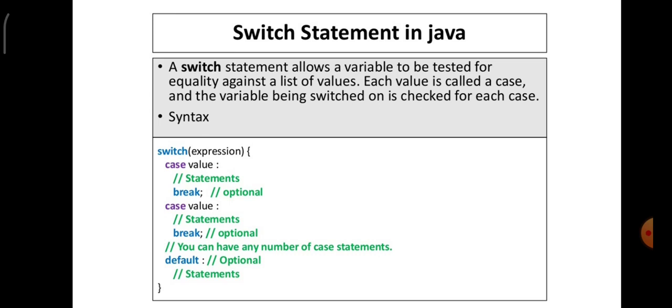If he is going to key in the value as 1, which is the expression, you can say case 1 colon and print Sunday. So when the user is giving 1, the first case is matching and then it prints Sunday. Once Sunday is printed, you don't have to print other days of the week. When the break statement is encountered, it comes out of the loop. If the user is going to key in number 2, Sunday will be skipped. It prints the day as Monday, and then after looking at the break statement, it comes out of the loop.